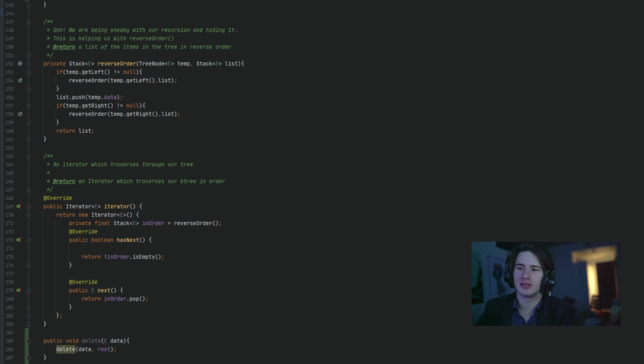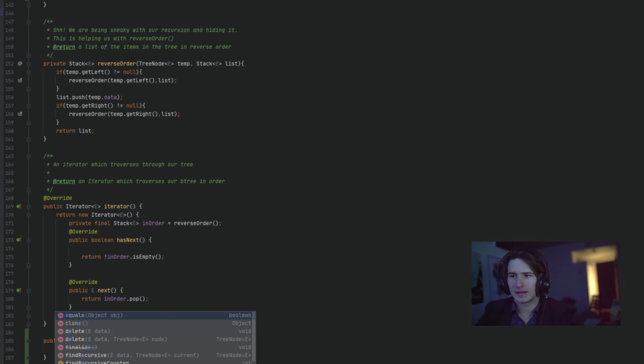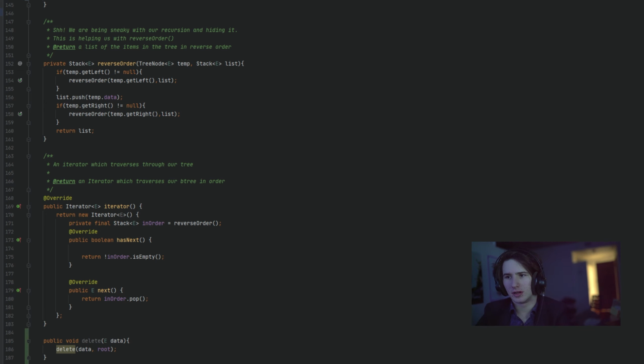Now I need to traverse the tree to find the right spot, because to delete something I still have to find where it is. So I'm going to say if data dot compare to node dot get data greater than 0, node dot get left, or node dot set left, because I'm setting the left to be the new deleted subtree. So I'm going to say delete node dot get left